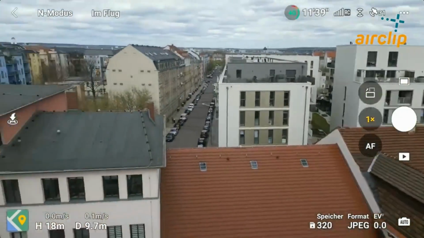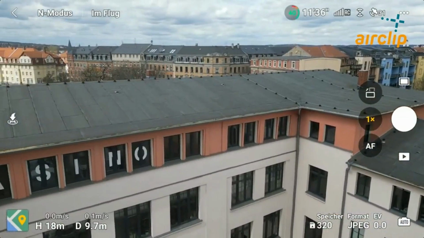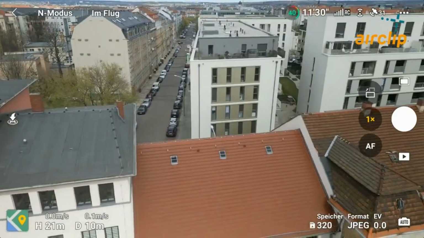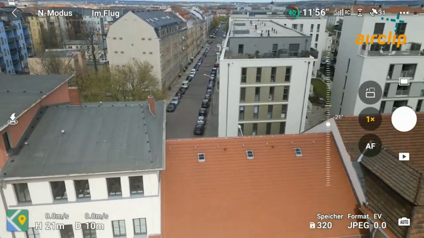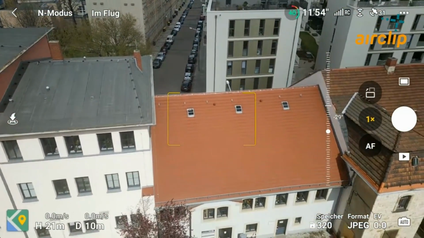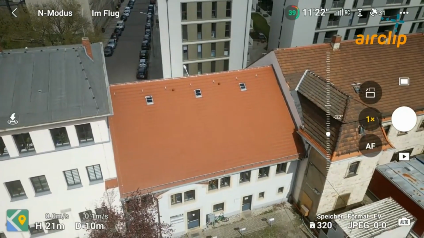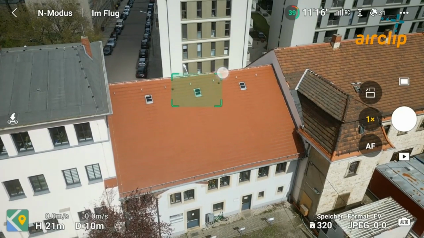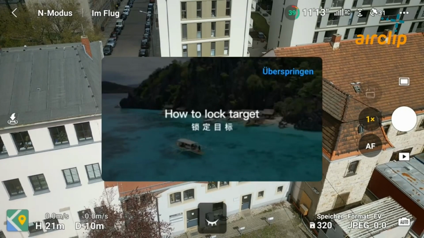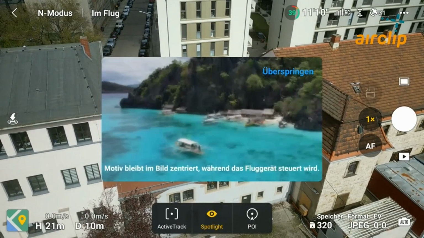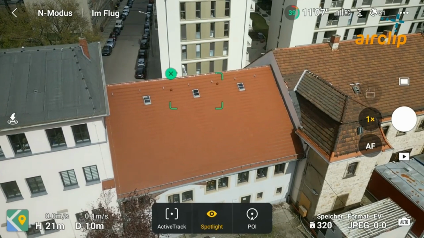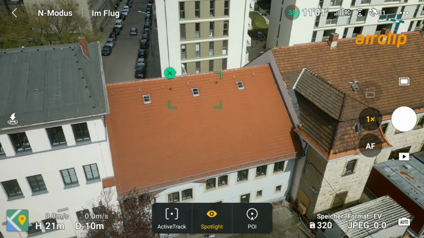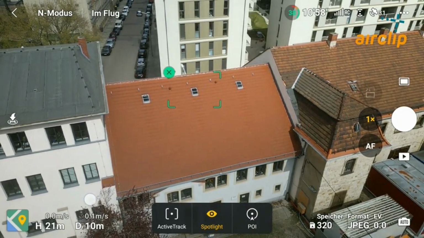Then you look around with the drone camera in order to make sure that you are free of obstacles. And when you are free of obstacles, you use the camera tilt in order to focus on the building roof. So now we have a good frame, and now we draw a rectangle in the image in order to mark the roof's center like this, and then we want to point to the point of interest on the bottom right hand side.